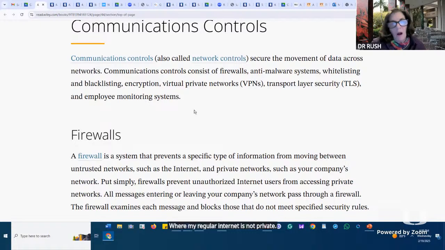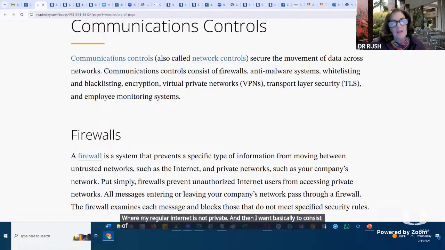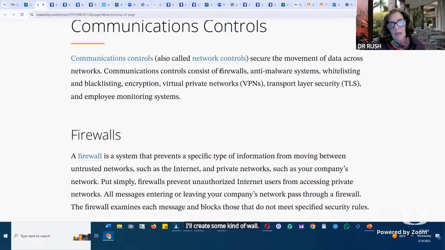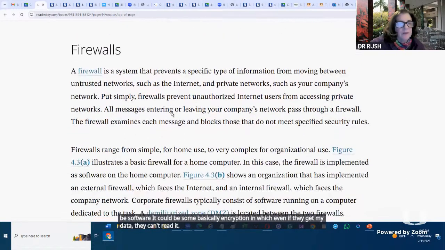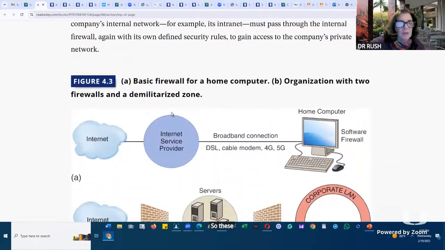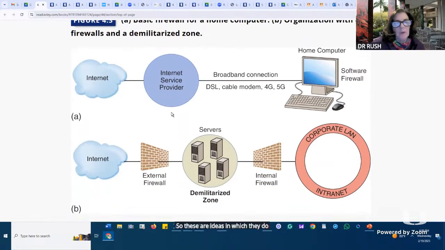I don't want unauthorized people in my system, so I'll create some kind of wall. It can be a firewall, hardware, software, or encryption, in which even if they get my data, they can't read it. These are examples of these controls.